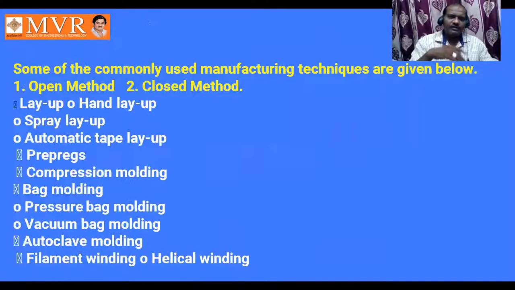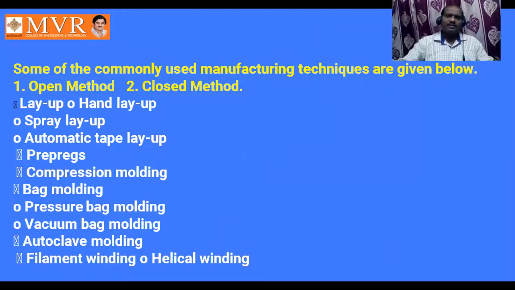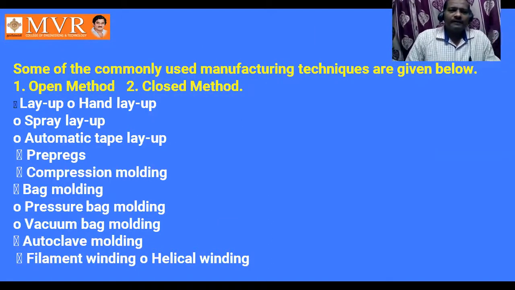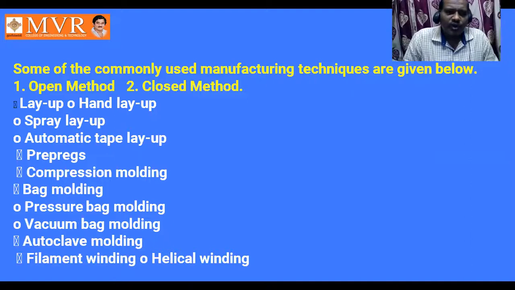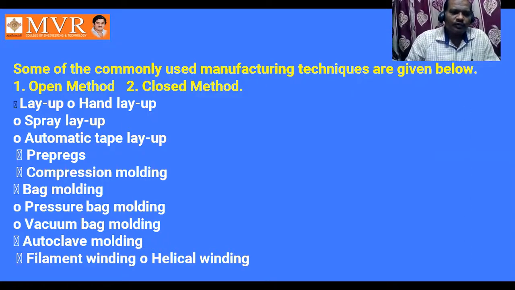Next, we will go for another process. In manufacturing methods, there are a number of methods. A few we have discussed in the classes, and a few were discussed in the second unit itself. Hand layup method is one of the methods which you have discussed in the second unit also. But as they have mentioned here, we will have a glance at that one.